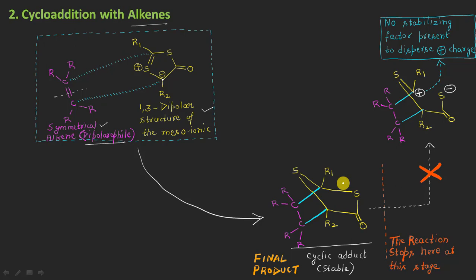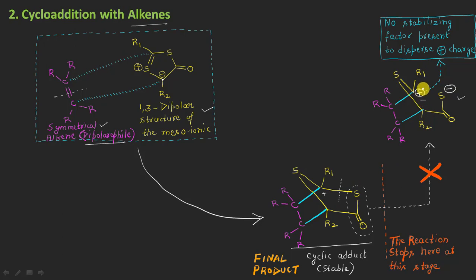whether in this case, in case of this cyclic adduct, the cleavage of this bond from here, releasing a molecule of carbonyl sulfide and giving a positive charge here on this carbon atom, is possible or not. Okay, so let us say we are moving in this direction such that the cleavage is occurring here, giving a negative charge on this sulfur atom and a positive charge here on this carbon atom.